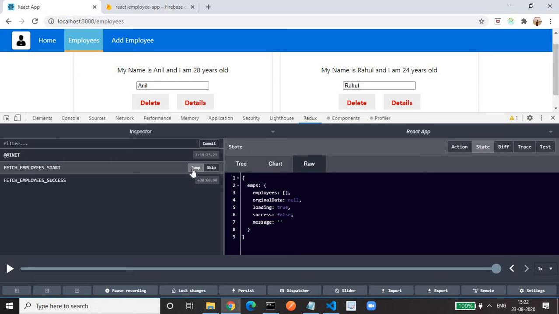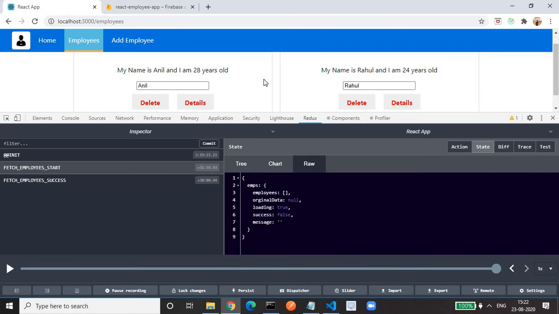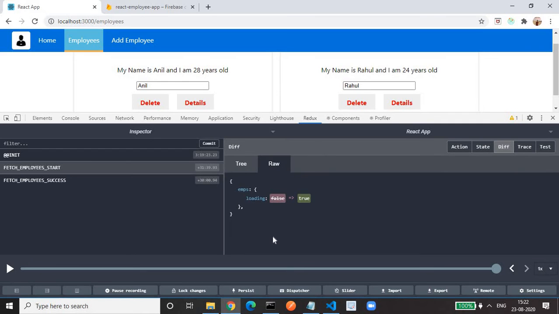This is time traveling debugging. If I click on the jump, now you can see the same spinner with no employees. Again, if I jump here, you will see the employees. So this is time traveling debugging. In the difference section, you will see what's the difference. The only difference is loading was initially false. It now changes to true when this action is triggered. So action is dispatched from the component to manipulate the state in the store.